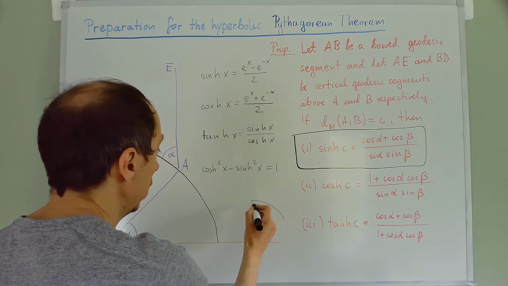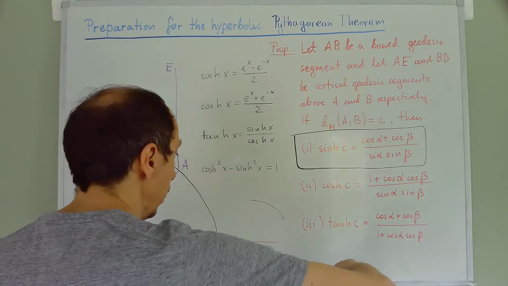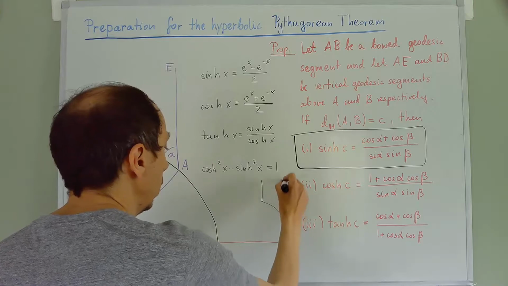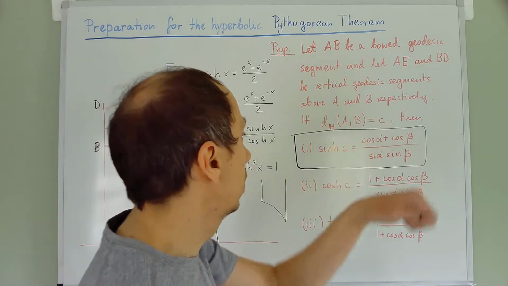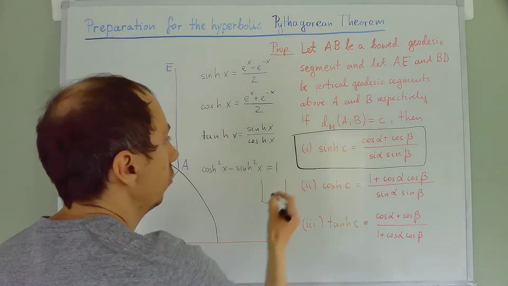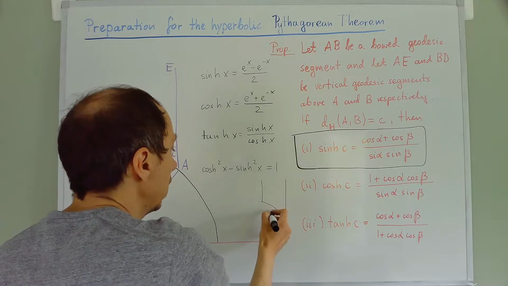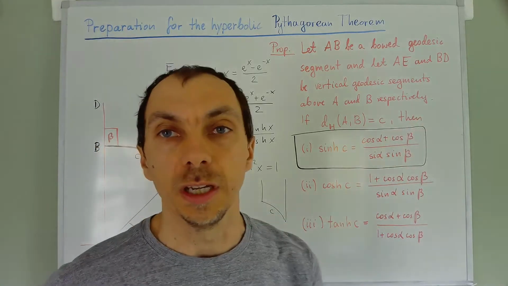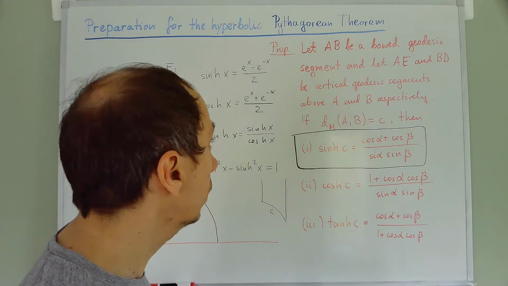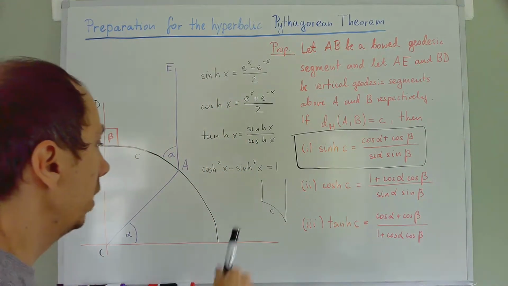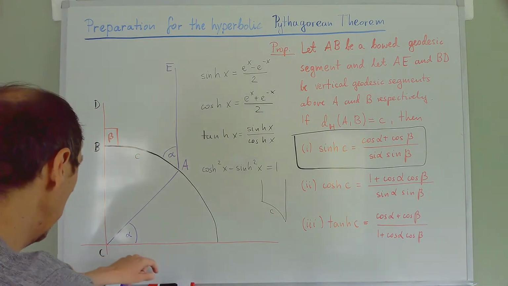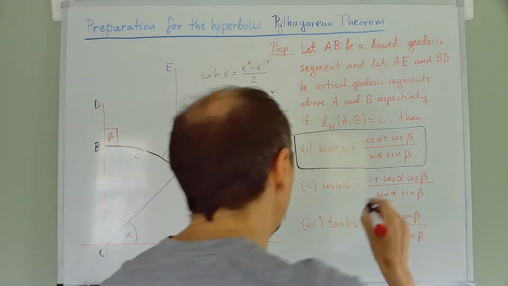Here's a geodesic. And so these are the vertical geodesics. And if I denote by C the hyperbolic distance between them, then these formulas give me the length of this segment in terms of the angles alpha and beta. So what are the angles alpha and beta here? So here